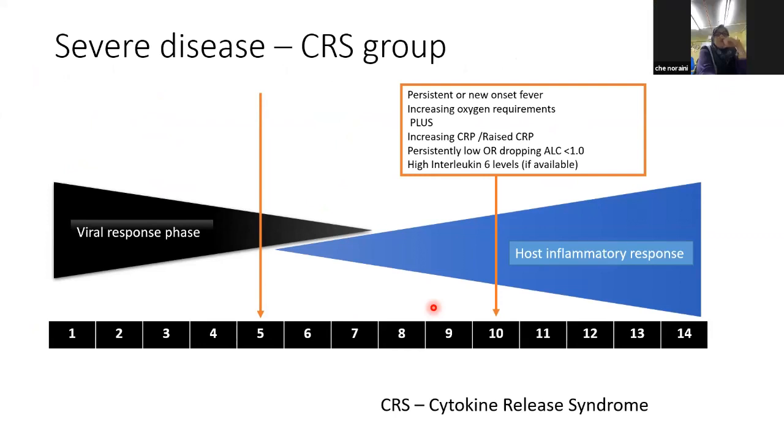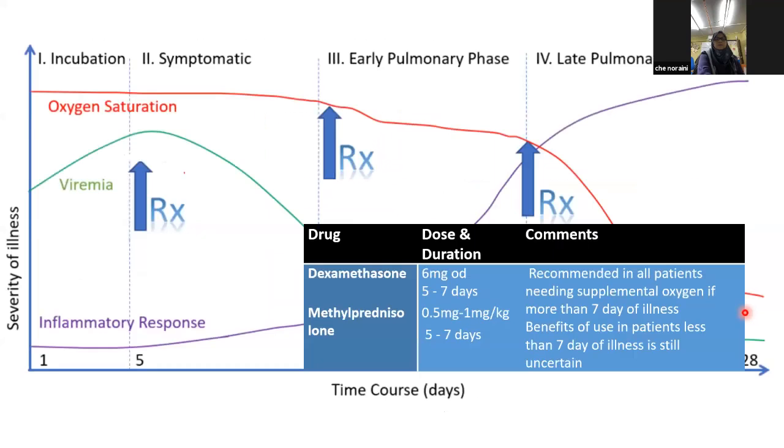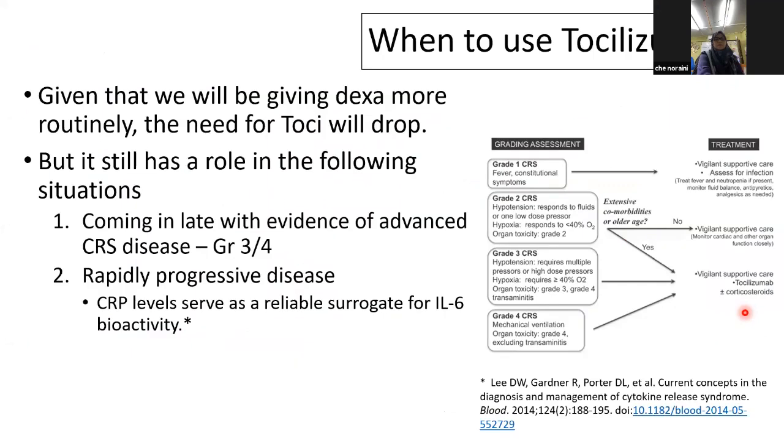It continues to drop. And if you have this test called interleukin 6 levels, then you can show very high levels as well. But we found that it correlates very well with CRP. So most of us won't have IL-6 levels. We use CRP levels to know whether the inflammation is going out of hand. And if it is going out of hand, then we use steroids. This is another type of anti-inflammatory, tocilizumab. Until now, I don't know how to pronounce it properly. There's a role for it as well, but you don't need to know it.